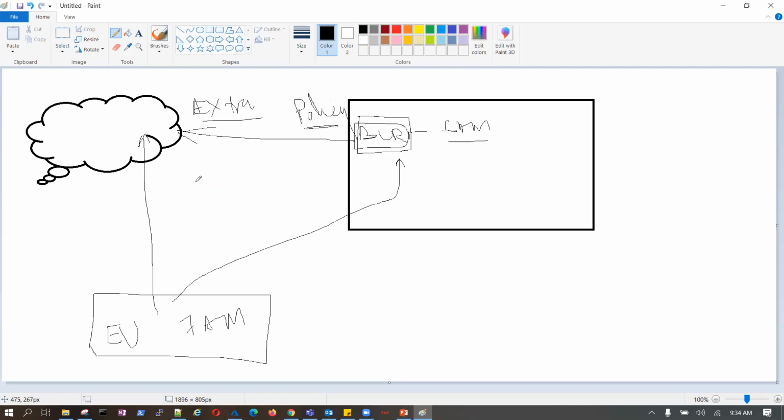How does extra authentication work? Ramesh logged in from Bangalore. Anyway, I get his credentials and try logging in from Europe. The moment I go into Azure, Azure is intelligent enough. They use AI and ML underneath, artificial intelligence and machine learning.